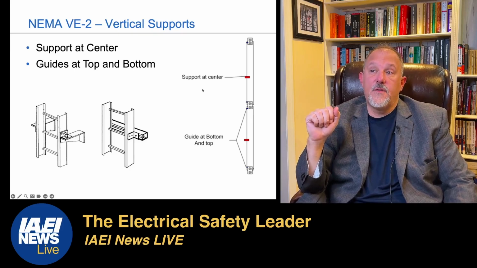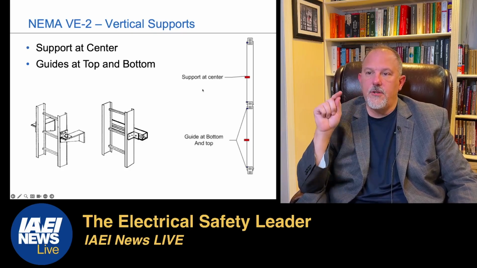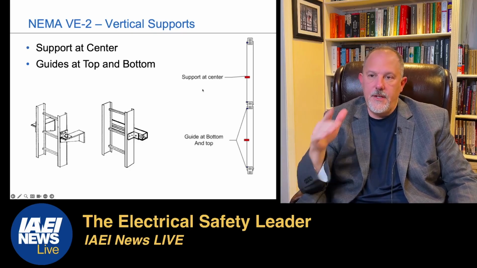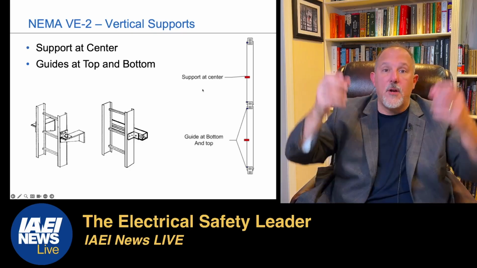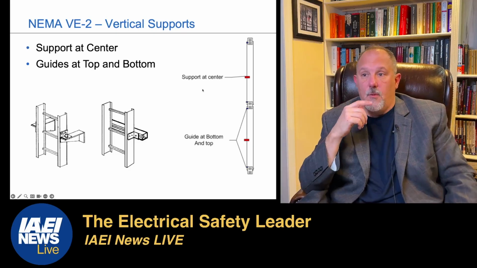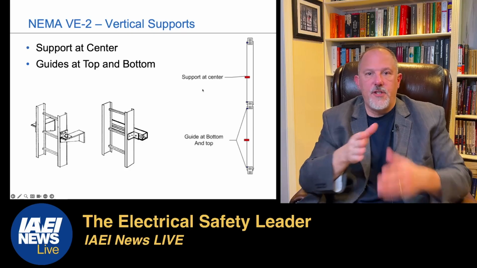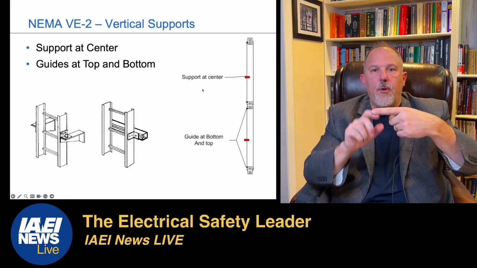Now this is vertical. Vertical supports are just as important as your horizontal supports. These are going to do two things. It's going to keep it from falling away from the wall, but also from coming down off of the wall. Now you're dealing with shear, right? Like on a bolt, you're dealing with